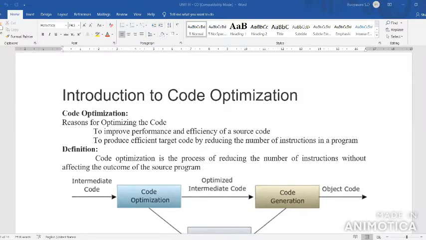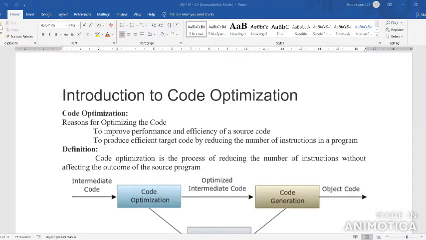The intermediate code generation is the intermediate between the analysis phase and the synthesis phase. The synthesis phase is the back end of the compiler.